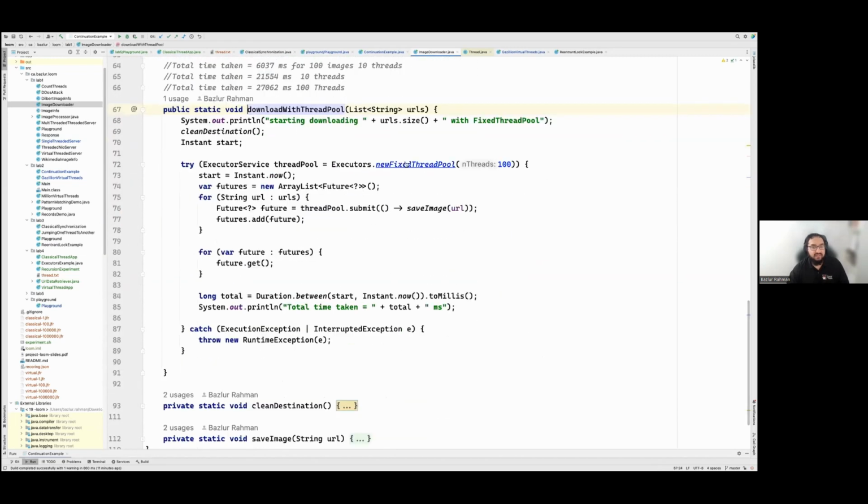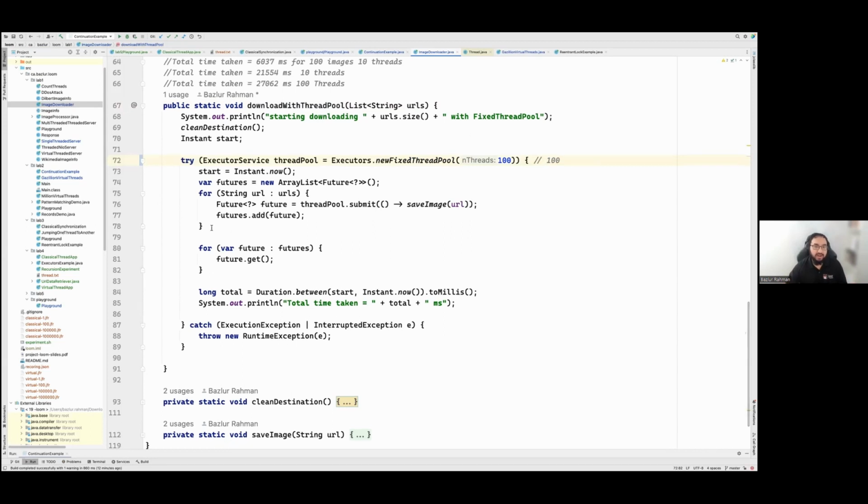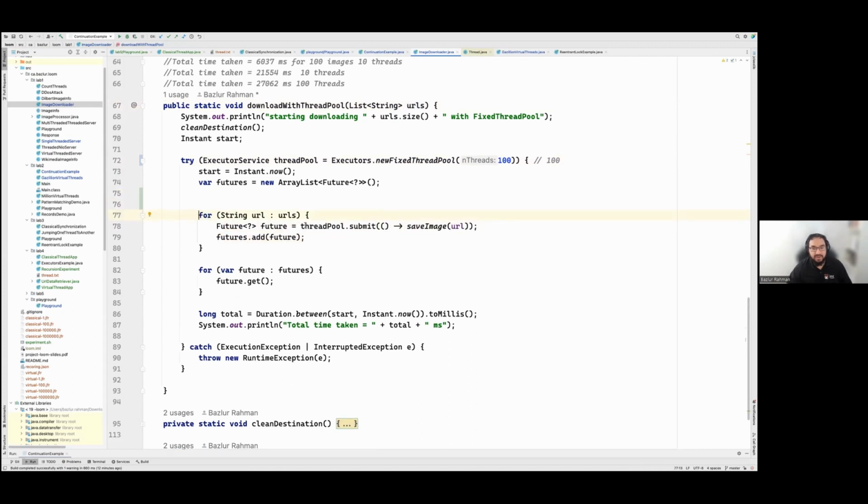So let's say I have created an executor with 100 threads, like you said, a cap. We have a cap over here, which is 100 threads, and in this pool we have 100 threads. Now in a loop, we are submitting the task, right? We have a list of URLs over here, which is let's say 1,000 or 10,000, doesn't matter. And in a loop, we're submitting those tasks into the thread pool.